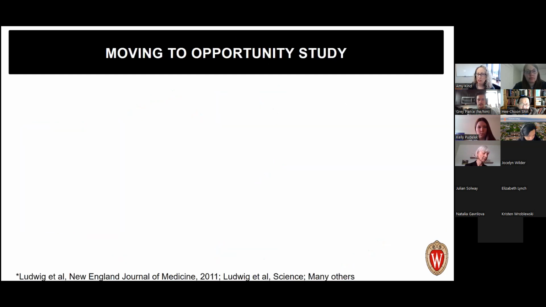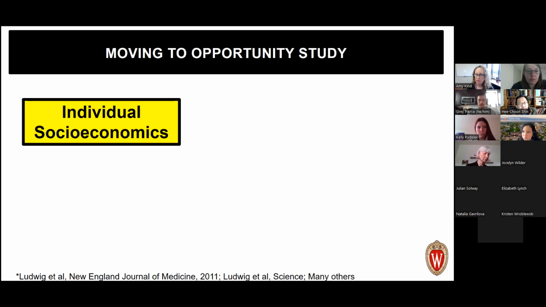And certainly, hopefully you all have heard of the Moving to Opportunity study. This is something that comes out of your own institution. Critically important. It's a study of a natural experiment that occurred during the Clinton administration, in which the Department of Housing and Urban Development gave access to specialized Section 8 housing vouchers for families in 5 urban areas who could apply for a lottery to get one of these vouchers to move to a slightly less disadvantaged neighborhood. And of course, there's been thousands and thousands of papers published on this by the leaders at the University of Chicago, who had followed these families forward and continue to follow them forward over time.